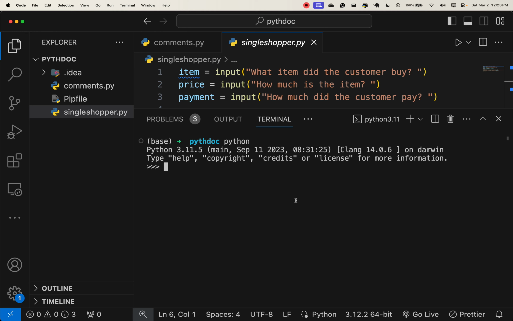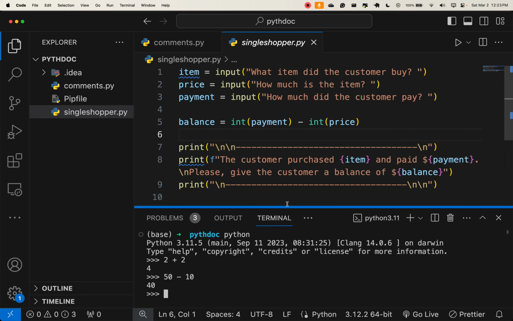So while we are here, you can do something as simple as 2 plus 2. And you see the output almost immediately. And you do something like 50 minus 10. You see the output immediately, right? And these are basic mathematical operations that we perform. Let me just remark that here,